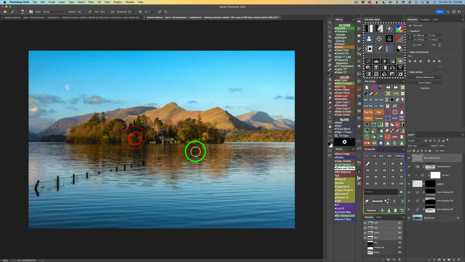But take your time and get it just right. Again, here's the before and here's the after. And I like that. I think that's good. Now, I just burned, but how about a little bit of dodging in some of these lighter areas in this